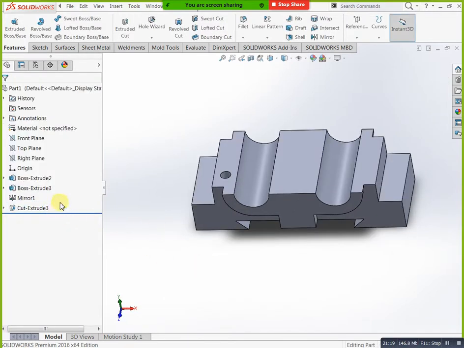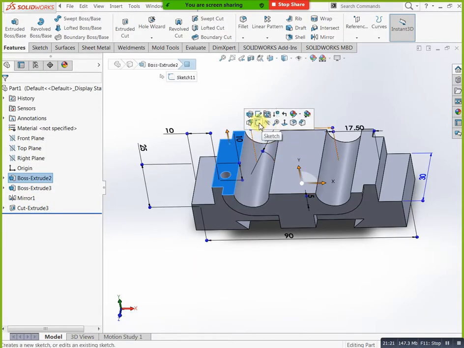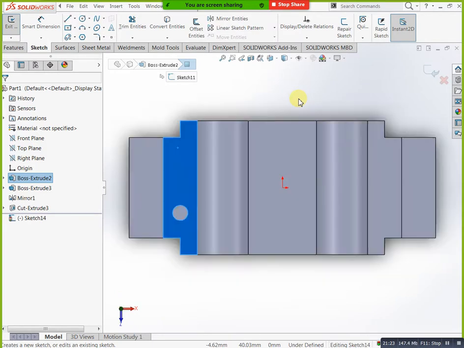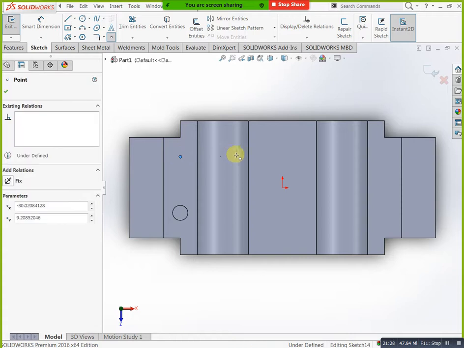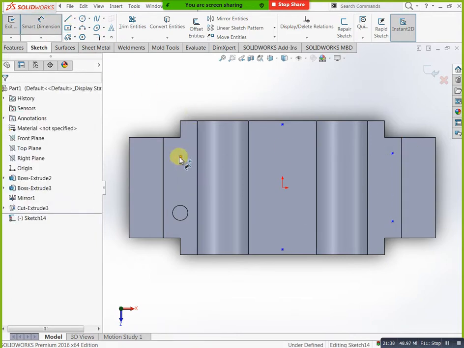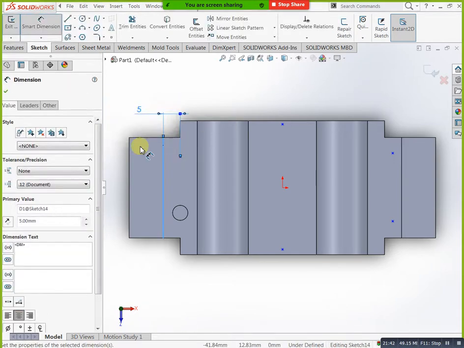Next you can check dimension. Here to here we have 30 and here to here we have a gap of 5. Just you can see 30. This side we have 5, this side we have 5. You can mention now here to here 5. Okay, at the same time this line to this one we have 30.